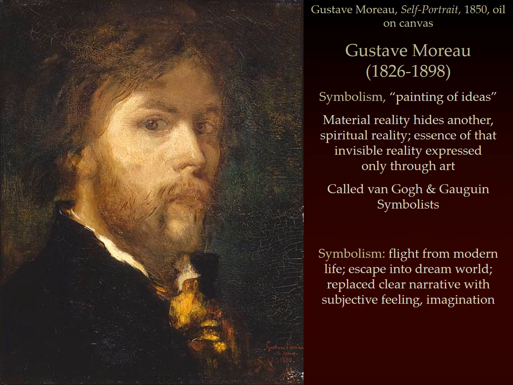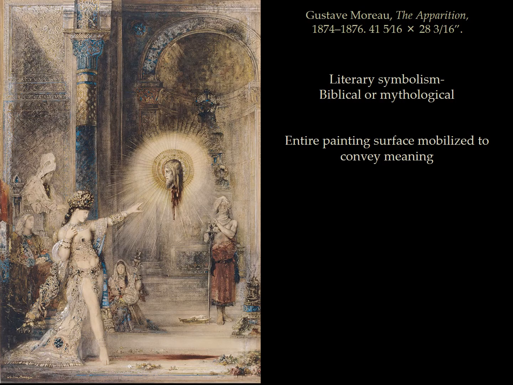We have a series of artists like Moreau that are going to avoid the literal everyday subjects like the Impressionists. Instead, they will often turn to literary or biblical symbolism in stories from the Bible or mythology. In this case, we have The Apparition, where we find the entire surface of the painting is mobilized to convey the meaning, where we find the severed head of John the Baptist still bleeding on the floor in a